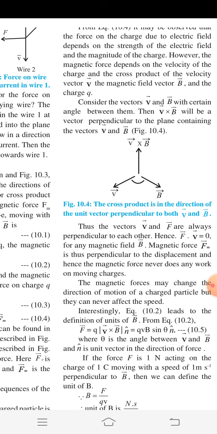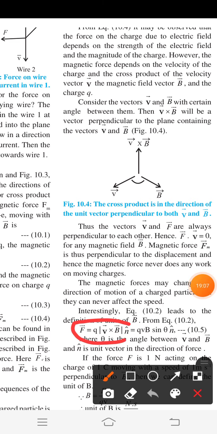F bar is equal to Q into v bar cross B bar, which is equal to Q into v into B into sin theta n cap. Equation number 10.5, where theta is the angle between velocity vector v bar and magnetic field vector B bar, and n cap is the unit vector in the direction of magnetic force Fm bar. If the force